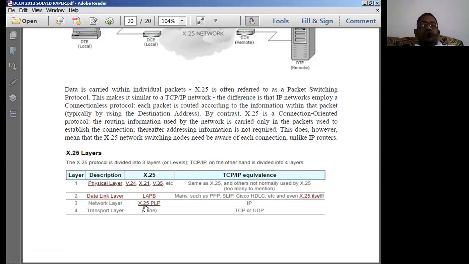The network layer protocol in X.25 is the X.25 PLP protocol, and TCP/IP uses the Internet Protocol address. One more layer is the transport layer, where X.25 does not support the transport layer, whereas TCP/IP does. It provides the transport layer functionalities using the TCP and UDP protocols. So these are the comparisons between X.25 and TCP/IP. Because of the extensive utilization of TCP/IP compared to X.25, nowadays TCP/IP is the most preferred data communication protocol between two computers in practical situations. Okay.